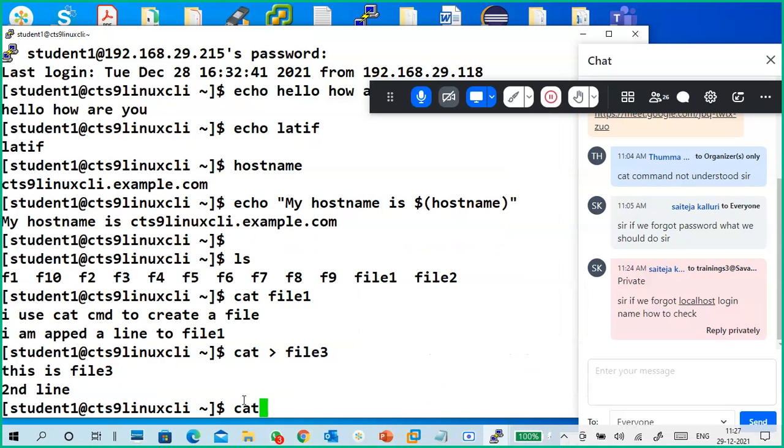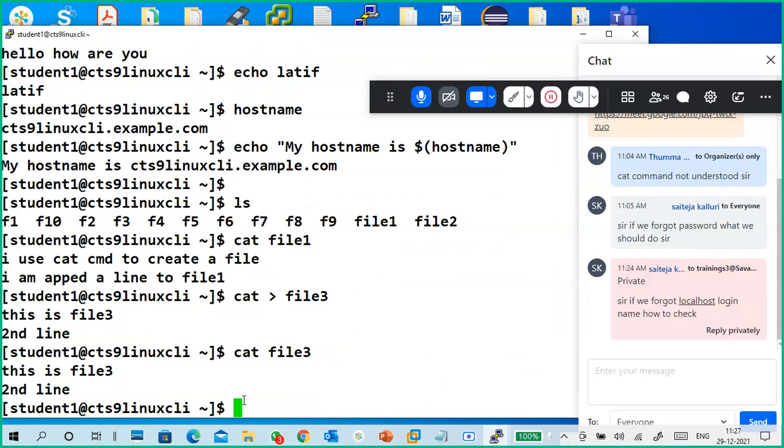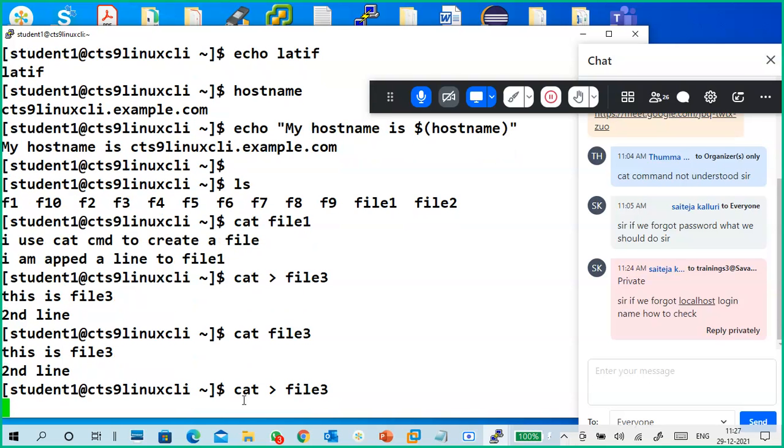Okay, now read the file. Next, cat greater is not only creating a new file, also it replaces the content of the file.